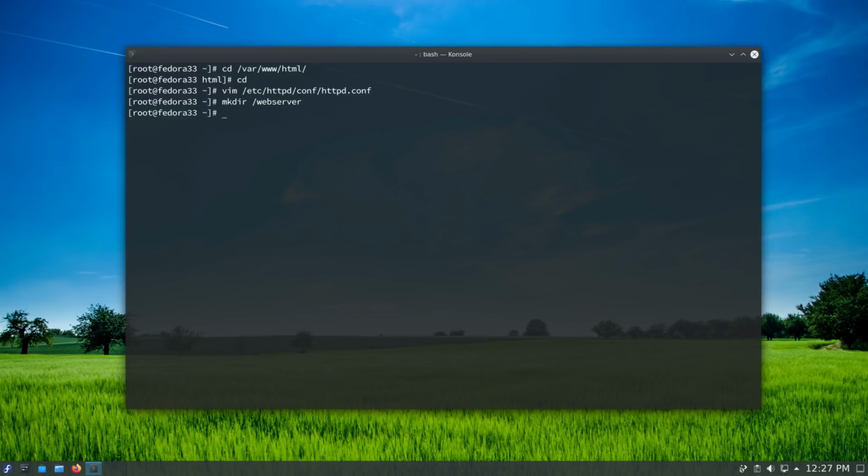And hit enter. Okay, so what we need to do now, we need to restart our web server. To do this, we can type in systemctl restart httpd and hit enter. There you go. So let's create now an index.html file in this new directory by typing in vim and then